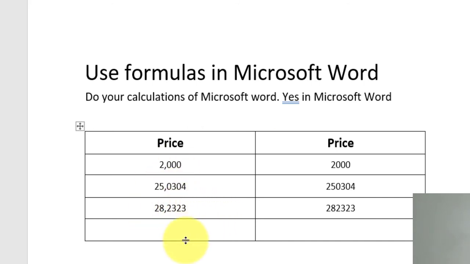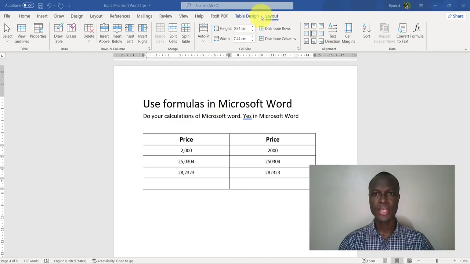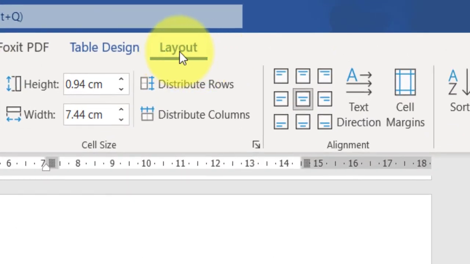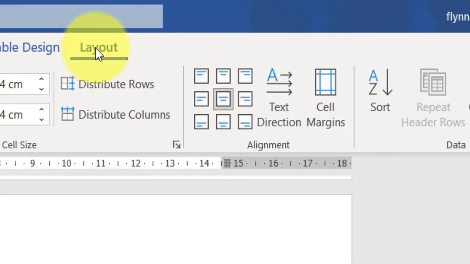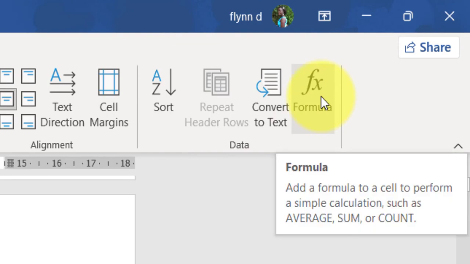So if you want to add these numbers up, you click in the table cell that you want to add your summation or the total. And then you come to the layout section, which is the last section in here, and then on the far right corner you see formulas in there. So let's just click on formula,